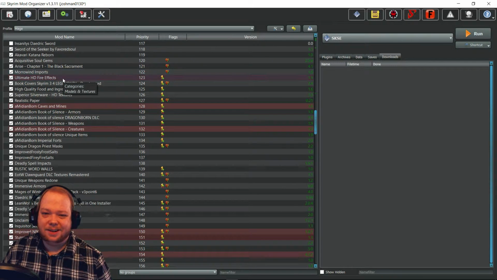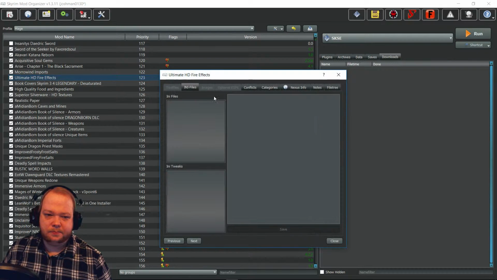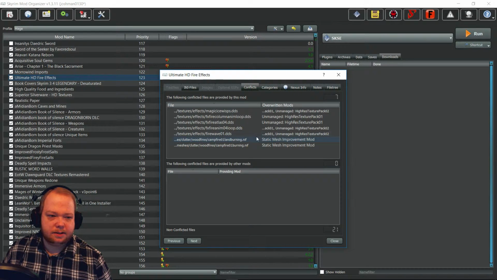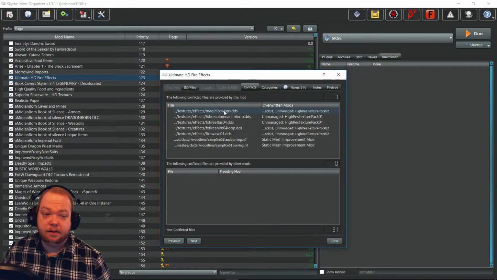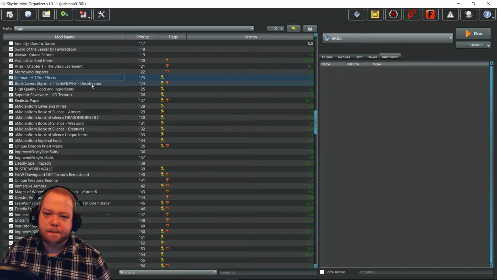I don't even know why it's overwriting it. Let's see what it is real quick. Conflicts. The file is Magic Wisp. Oh, I guess it does have a mesh. Yeah. So yeah,